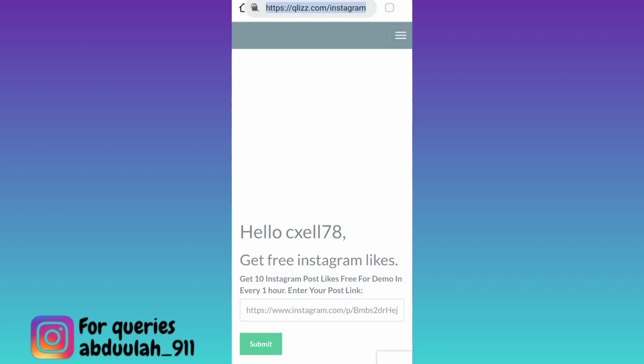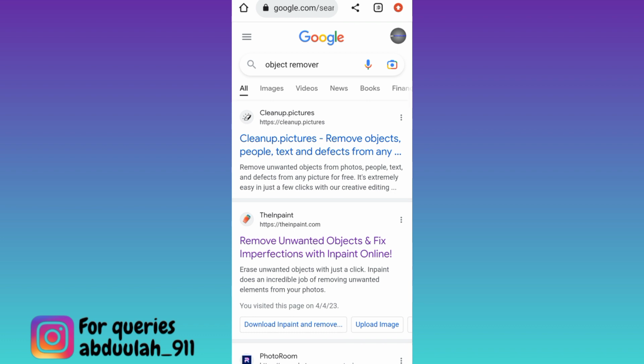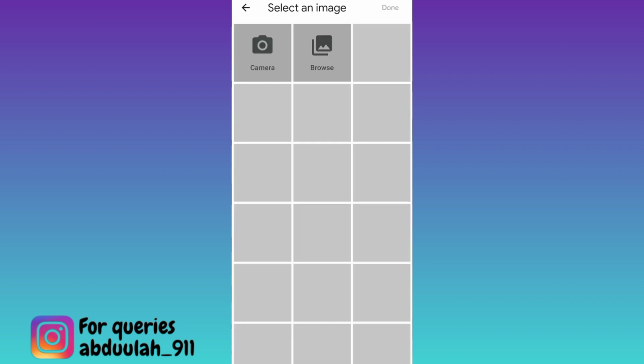Click on the search bar and in the search bar type object remover. Now click on the second link, the Inpaint. Scroll down and click on upload image option. Now select the image from which you want to remove the object